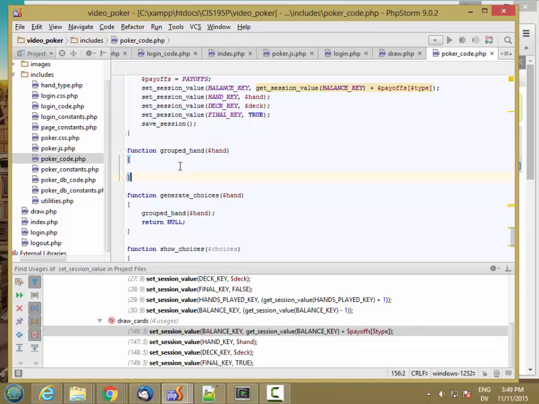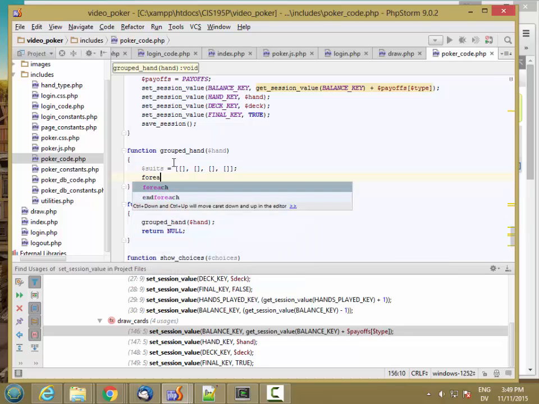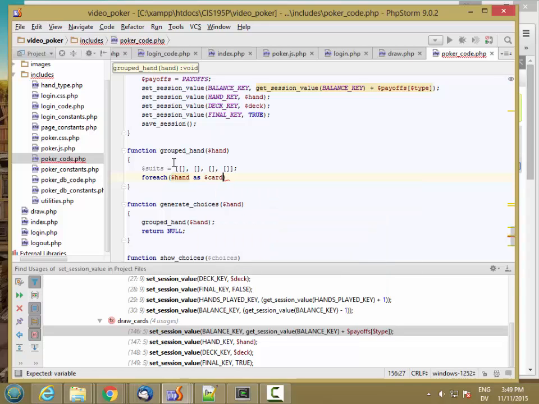And the first thing I want to do is group each card into its suit. So suits is equal to an array, and here are the club cards, diamond cards, heart cards, and spade cards. And then for each hand as card,